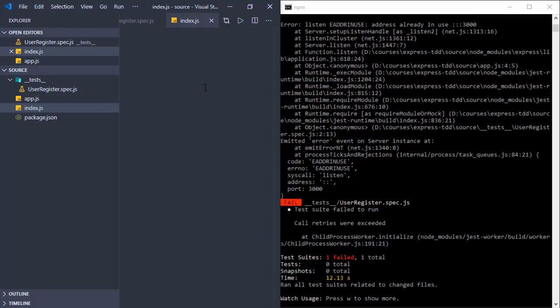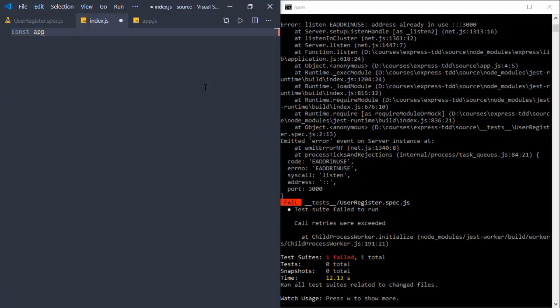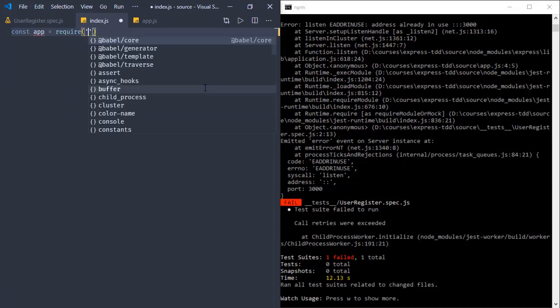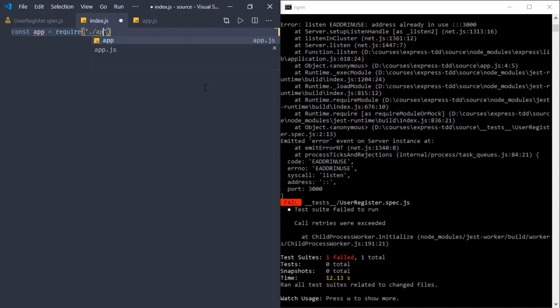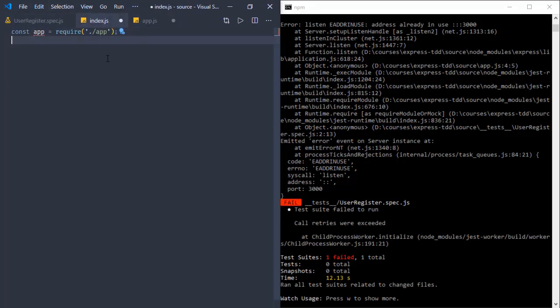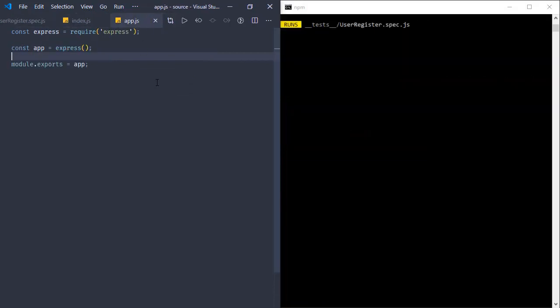So let's move this app listening mode to index.js. And in index.js, let's get the app from our app module, and instead of running this listen here, let's run the listen here, formatting the document, and now saving